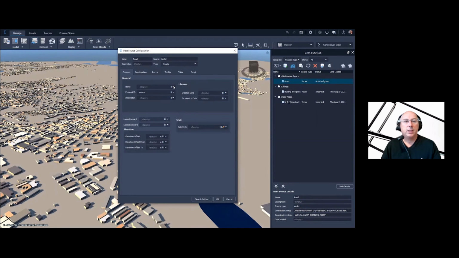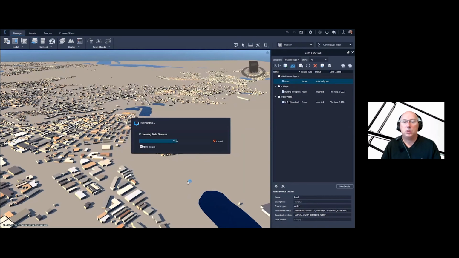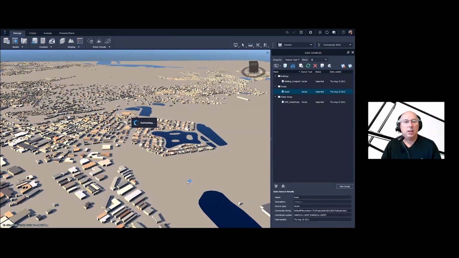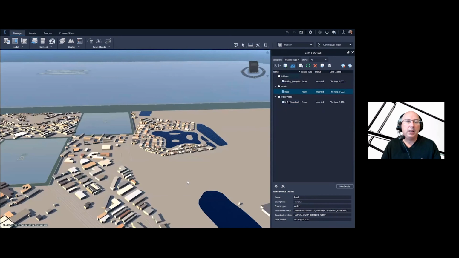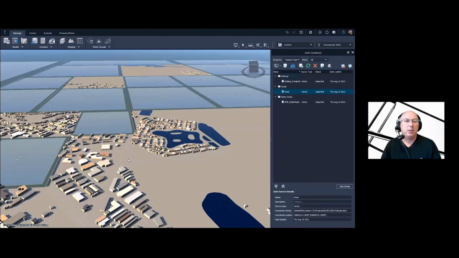There they are. And maybe we could put the road name as the road in the description and so on. So in here, we're going to pick whatever the road name is. So yeah, local road name as the name, that works. We can override the style if we want to. We can use a column in the database, or we can make a rule to pick what style we want. Okay, let's close and refresh. And the single line roads will come across. Now we can alter them at any time just by picking on the roads that we want. Now, if we pick on either road, we can see if there's any data.